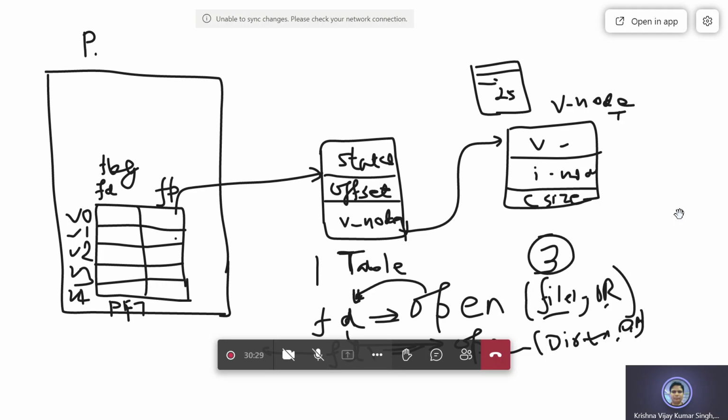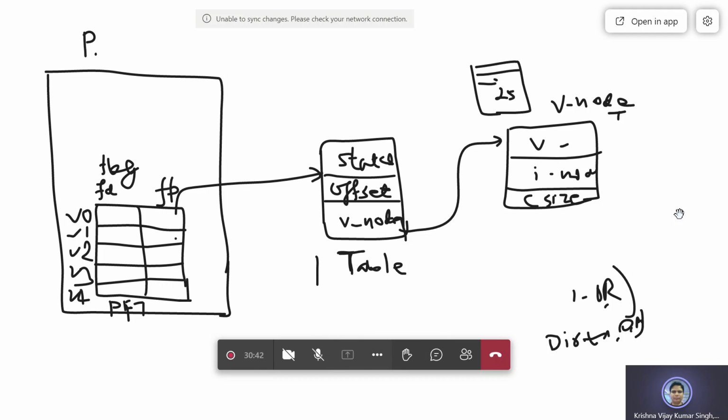So this way, if you open a file, a new file descriptor will be allocated to you. Now let's say while executing the code, after that I have done close FD1.